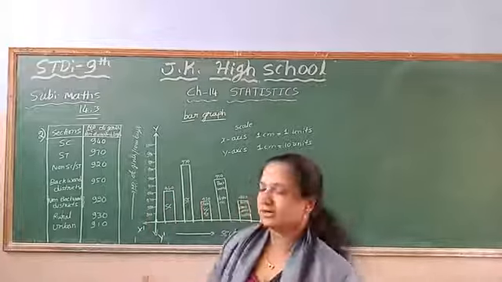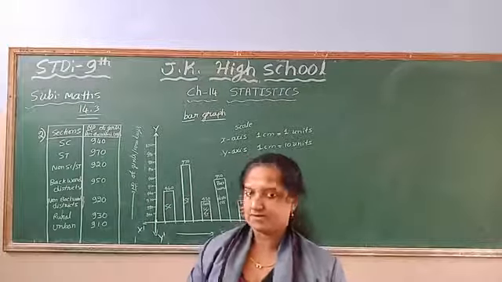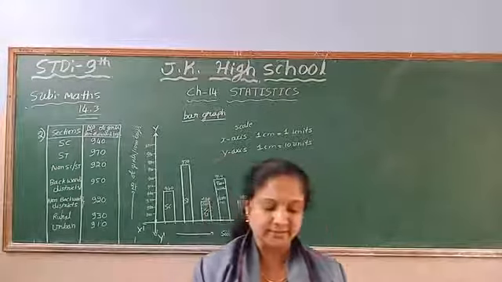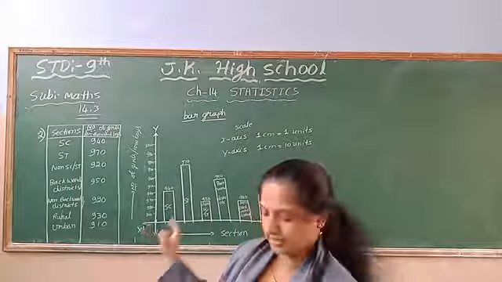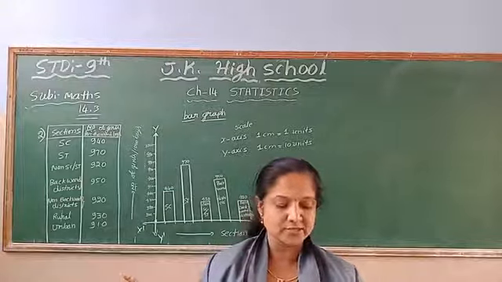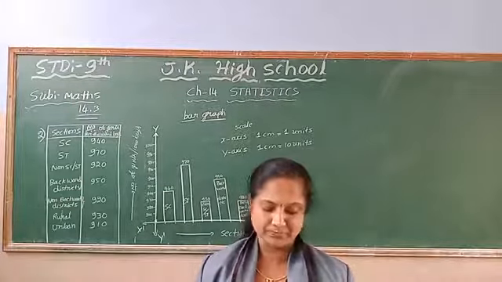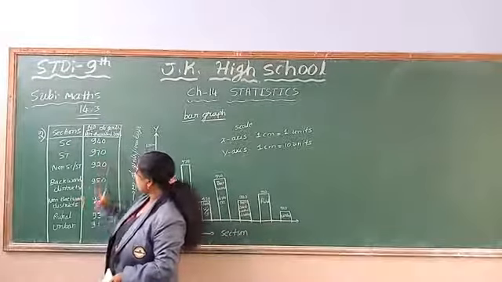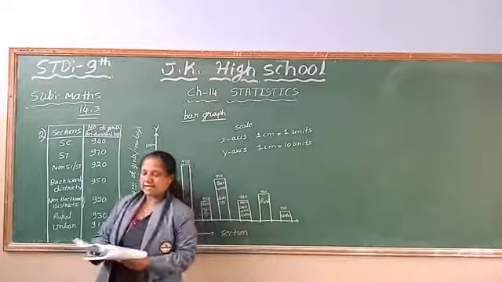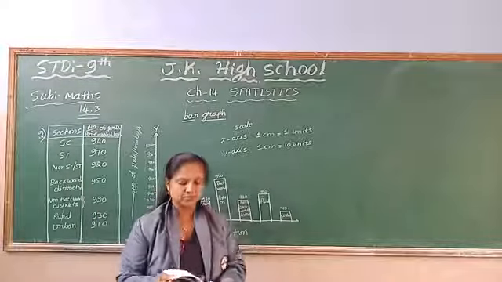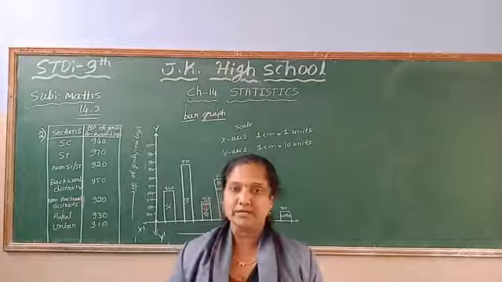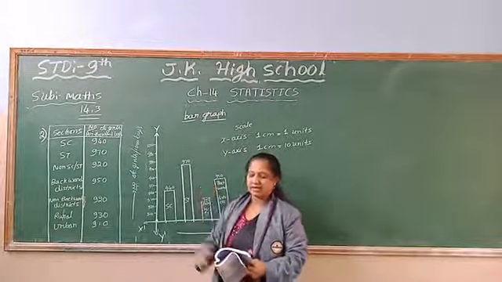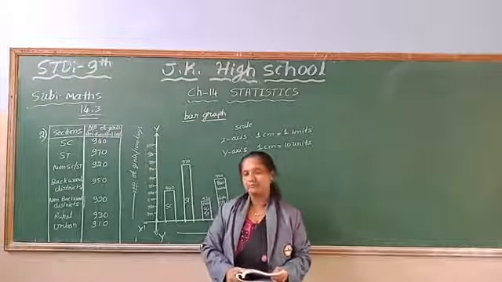In that 14.3 exercise, second question, how to plot the bar graph. The question is: the following data on the number of girls to the nearest 10 per 1000 boys in different sections of Indian society is given here. So these are the sections in Indian society, and this is the number of girls per 1000 boys. We have to represent the information above by a bar graph. And in the class we will discuss what conclusions can be arrived at from the graph.